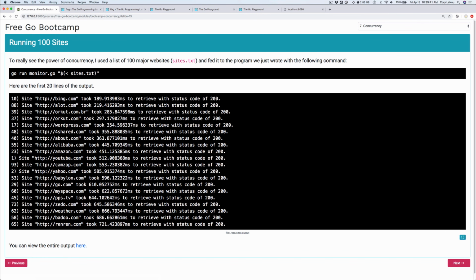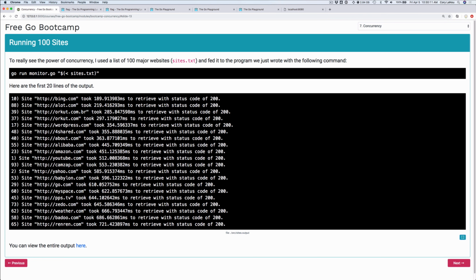So think if I had hundreds of sites to run, right? You can look at the sites.txt. I've got a link to it there. But effectively, you can look at the first 20 lines of the output from that, and you can see how much faster that's going to run. So now if I have 100 sites versus 2 sites, this is going to be a big difference in how fast I can get all these sites back, right? So if they all came back within less than 5 seconds, I can retrieve 100 sites in less than 5 seconds versus 500 seconds if I did them synchronously.